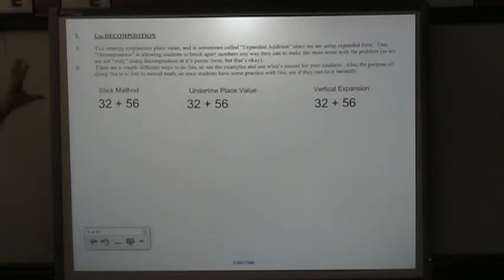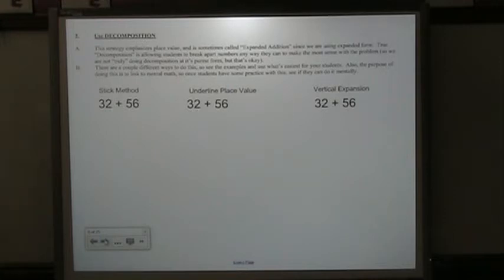And so this will help students, since place value is a really tough concept for a lot of students. First grade focuses on it, but they may not master it by the end of first grade. This is a great way to use place value for something, because so often we talk about place value and we identify place value, but we don't use it for anything. So this will link what place value is to using it for something that will help them in their addition